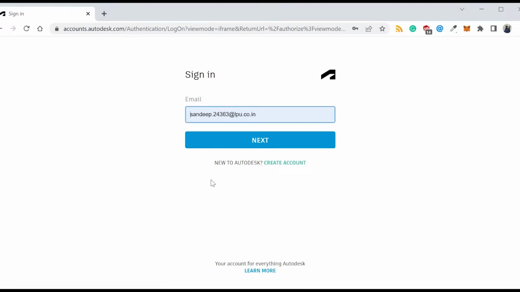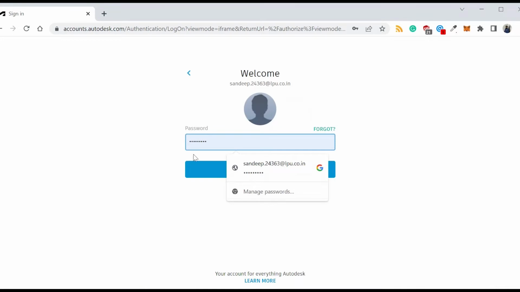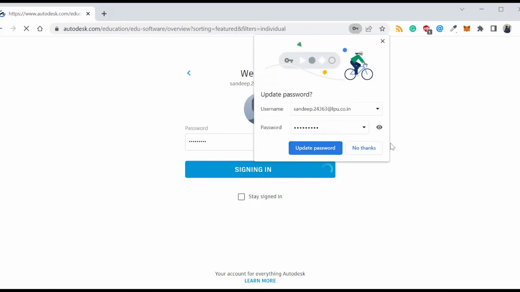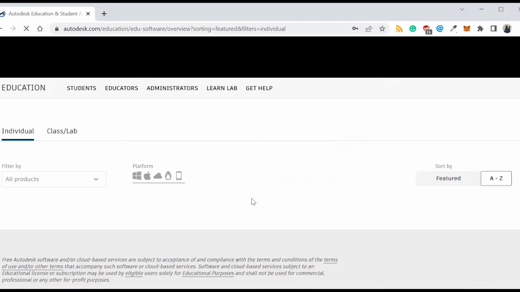First of all, if you are a new user, you can create your account. Once your account is ready, then you can sign in. So you have to just log in and provide your password. I will just type my password over here and once it is done, we will click on sign in. It will take you to your profile home page where you can see all your softwares